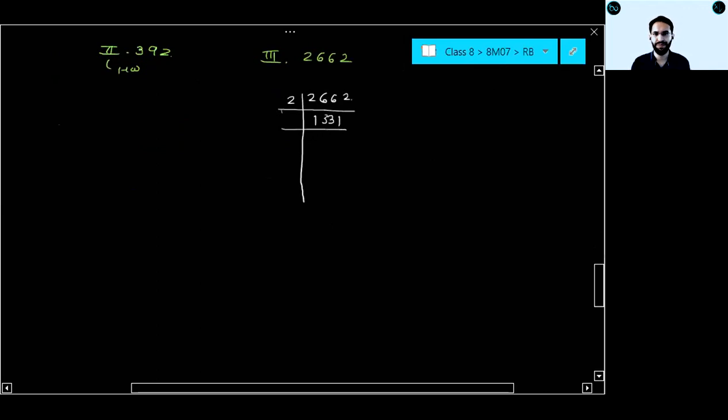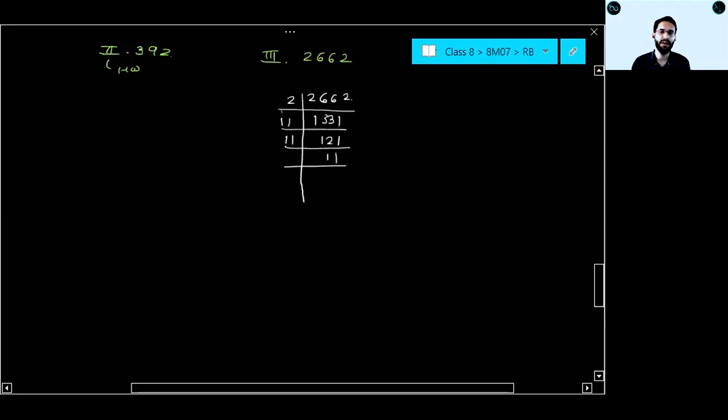Sir, we will divide it by 11. 11, very good. Then 11 ones are 11, 11 twos are 121, 11 1s are 11, very good. Next, 11 ones are 11, and then again 11 1s are 11, right?